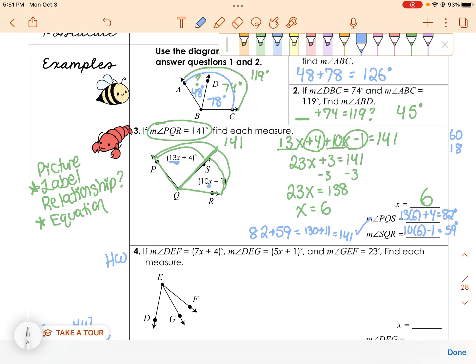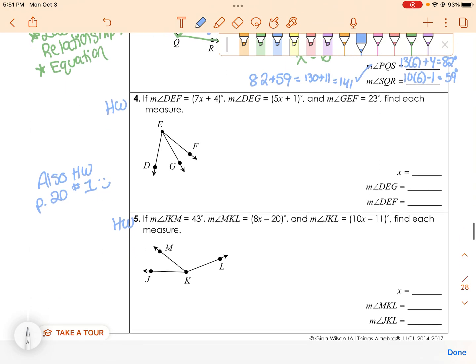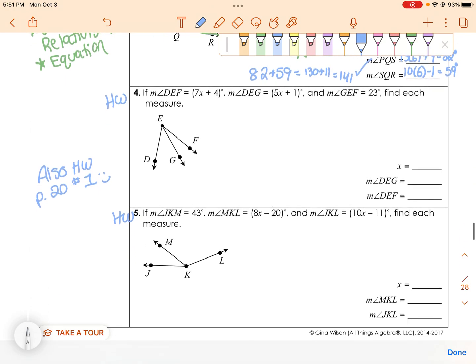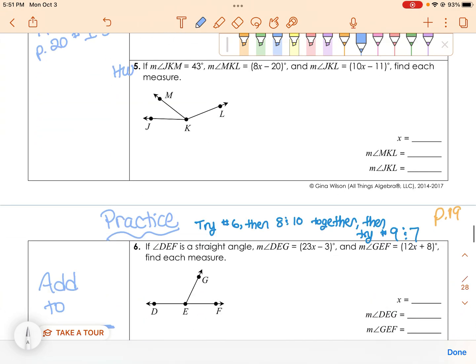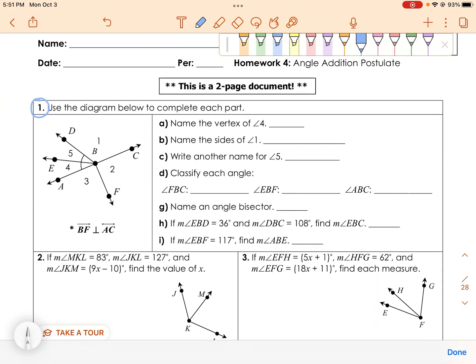Okay, so if you have any questions, as of now, you can definitely email me. I'll try to check as much as possible. If not, you may start your homework, which is going to be number 4 and 5 on this page. And then you're going to scroll down to page 20 and do number 1. And then again, if you have questions while you're working, please feel free to just email me a picture of your work, and I should hopefully be back tomorrow. Alright, so enjoy the rest of your day. Let me know if you